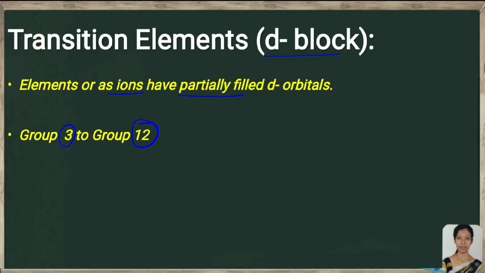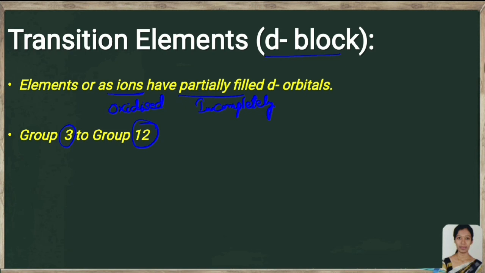If you write the electronic configuration for the d block elements, you will come to know that these elements have partially filled d orbitals. Partially means incompletely filled d orbital, either in the elemental state or in the ionic state. Ionic means oxidized state. Except there are three elements which don't have partially filled d orbital either in the elemental state or in the ionic state,